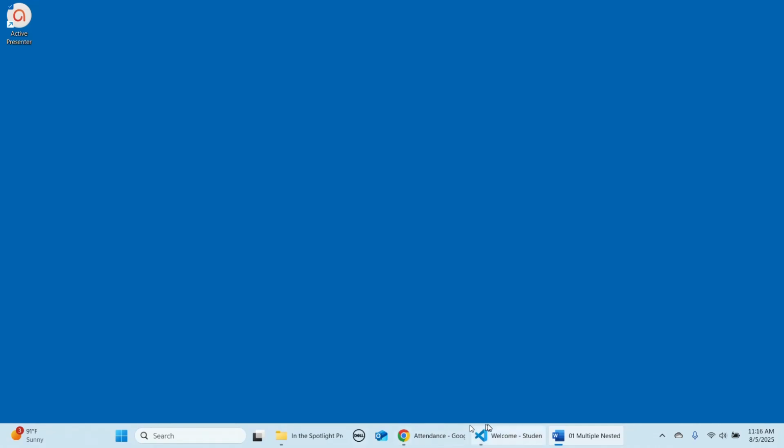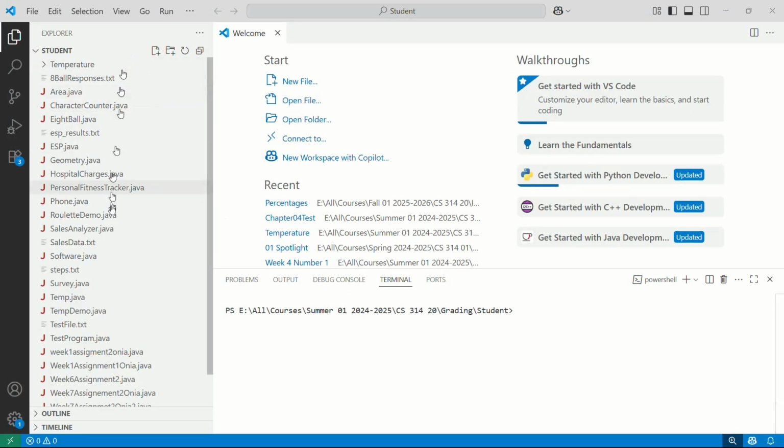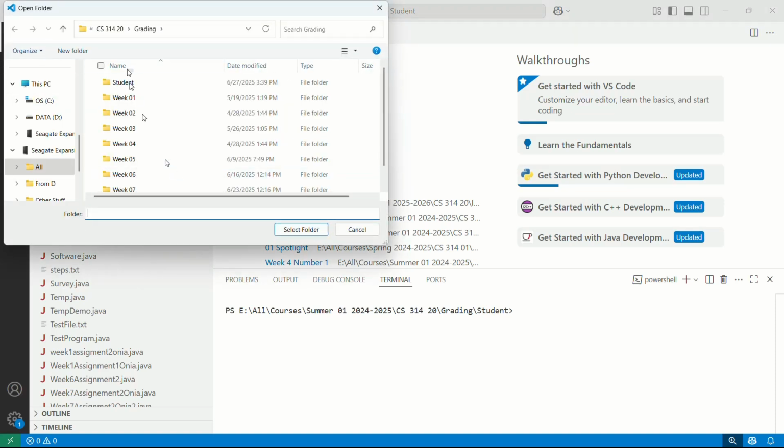So I'm going to go ahead. I've already got Visual Studio Code running here. What it does over here, this is an old one that I did. I have all these under my student folder here. You can use the same folder over and over again, but my problem with doing that is that I lose which one is which. So I always break mine down in this class, for example, by chapter, so I can keep them all in there. So I'm going to open the folder,